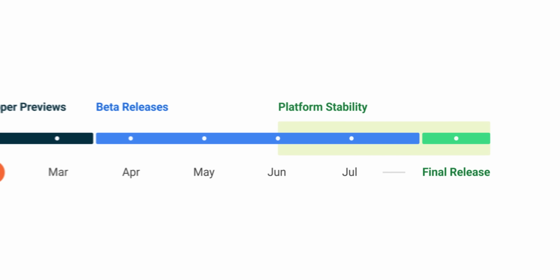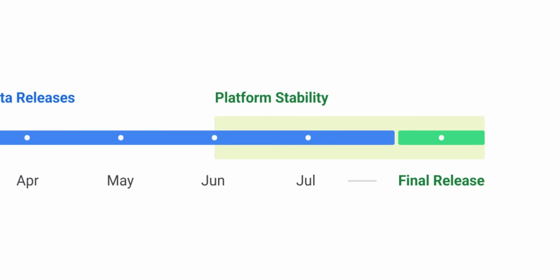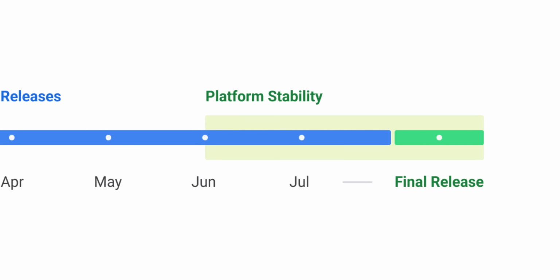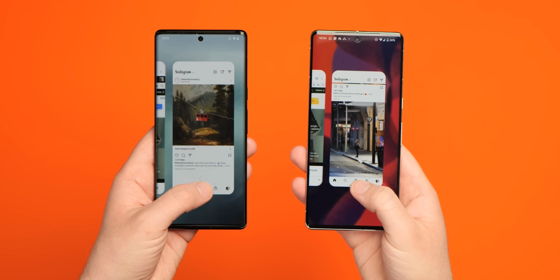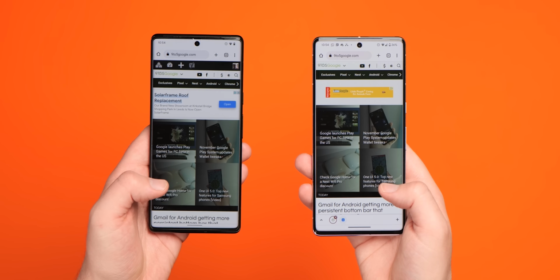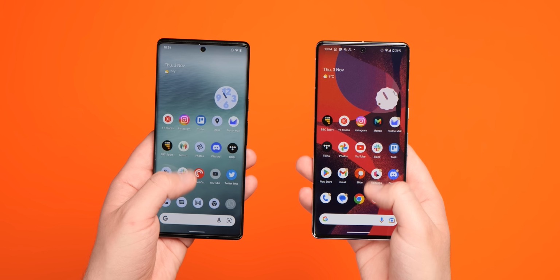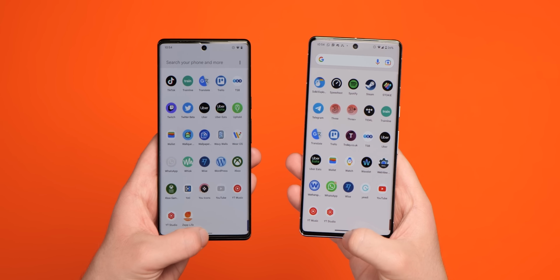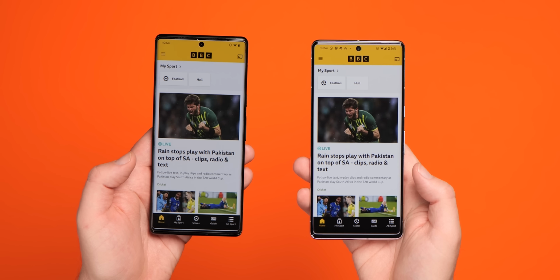Platform stability is something you may have heard, and this is normally the point at which Google has finalized all APIs and expected behaviors ahead of the full release. This can vary from release to release, but often occurs in or around that third Android beta update, and that's always subject to change as we mentioned, but it tends to be the case given the previous track record, which we think is quite consistent over the last few years. Often, Android developers are then able to submit apps to the Google Play Store that target or utilize these new APIs.